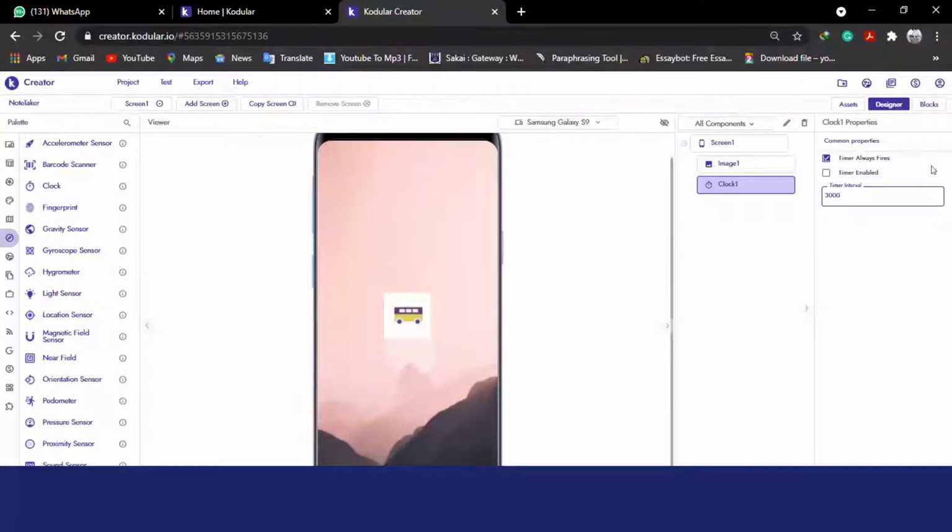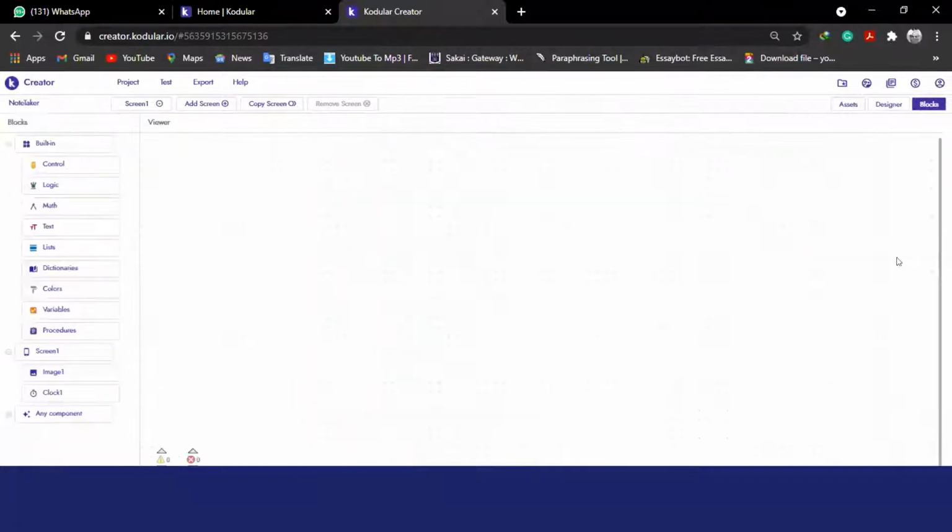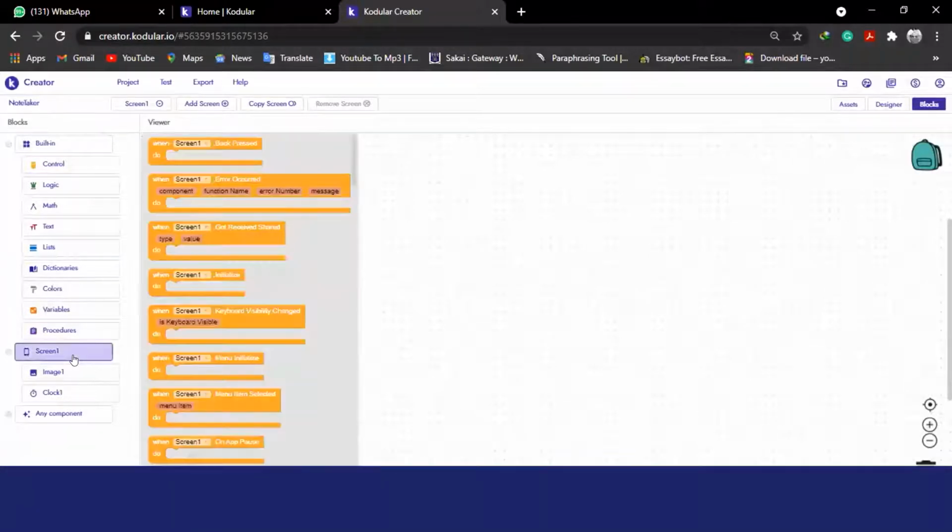Are we good to go to the blocks? So from here we have to go to the blocks. Now when screen initialize, we want to enable our clock. So when Screen1.Initialize,